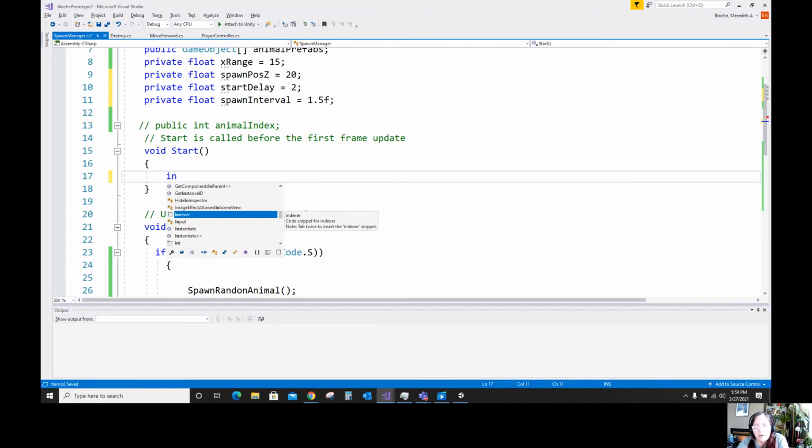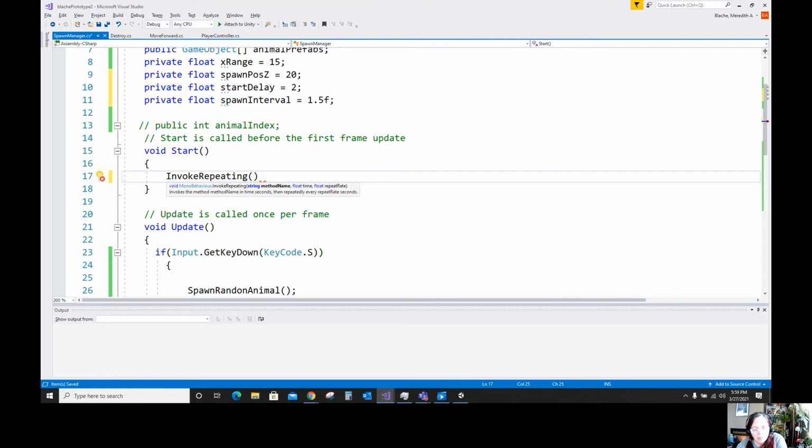So invoke repeating, right? So let's find this again. Let's try this again. Invoke repeating. So it's a command right there. So invoke repeating. So this is computer language here. Invoke repeating, and in this we're going to tell it we want to get that command of spawn random animals, right? I'm going to go ahead and just copy this right from here